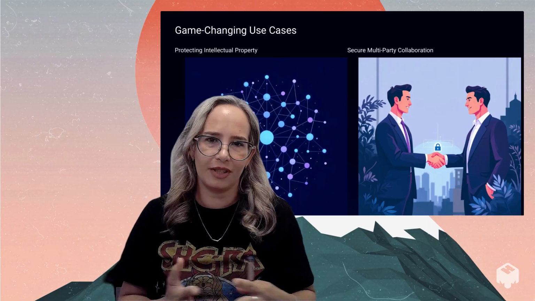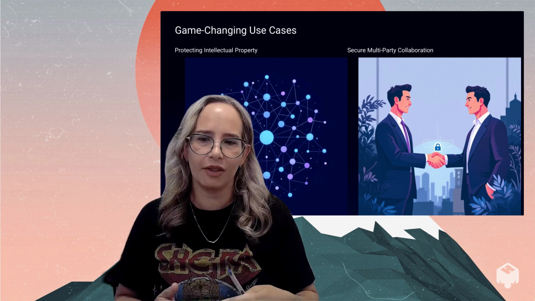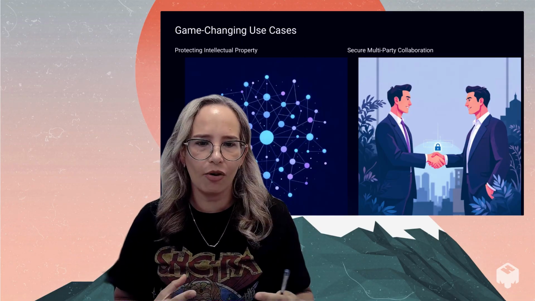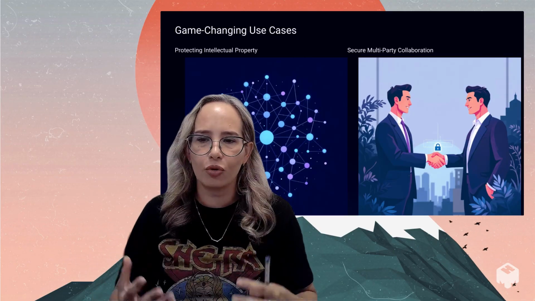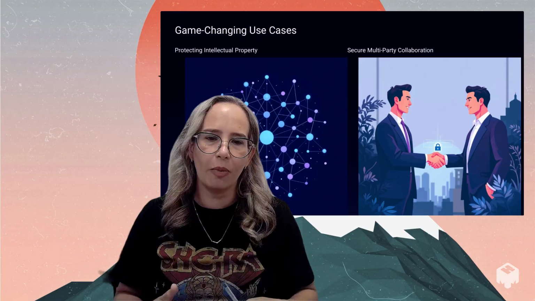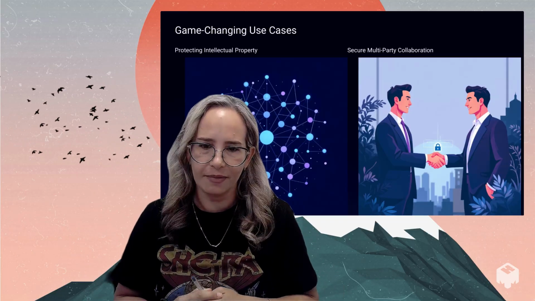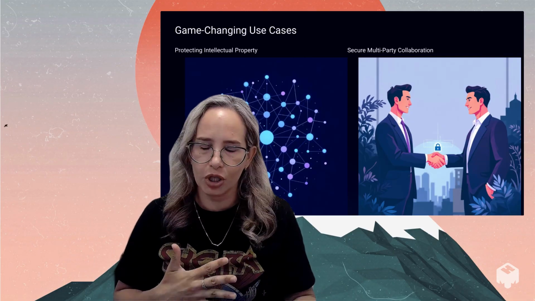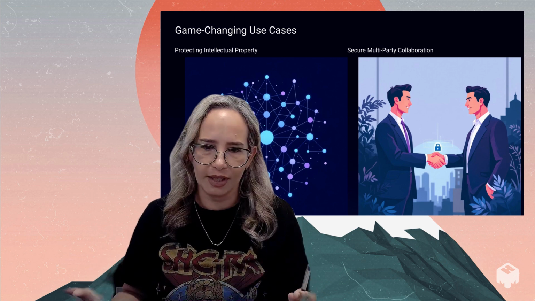I have a really interesting use case that I really like. Think about secure multi-party collaboration. For example, imagine two rival banks, or even think about two cybersecurity vendors that want to combine fraud data or IOCs to train a more powerful global anti-money laundering or safer cybersecurity product. They can't trust each other. They don't want to show their raw data to each other. They don't want to share customer data with one another. That all makes a lot of sense.